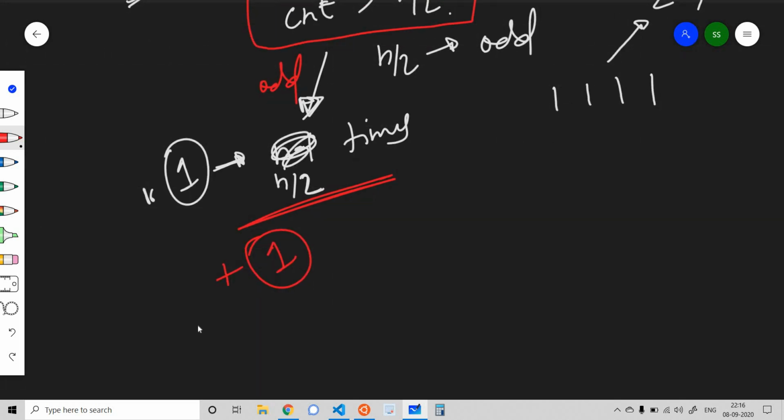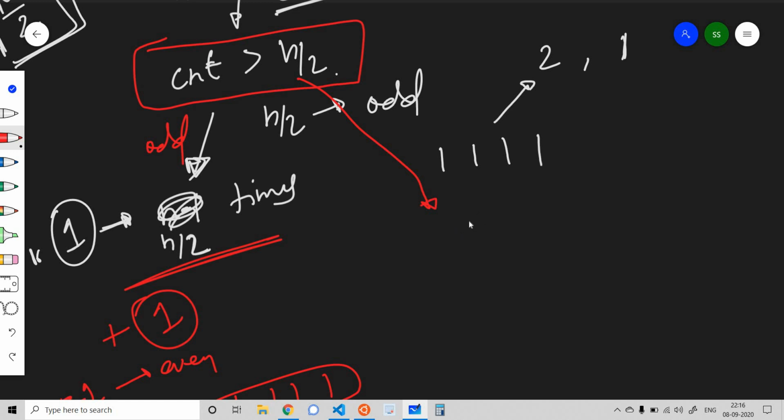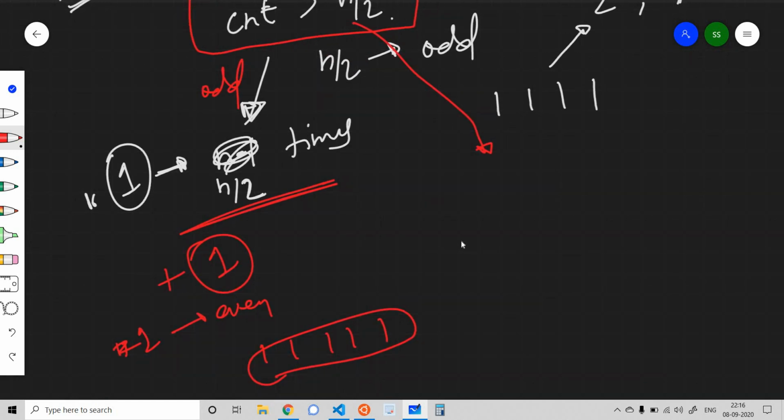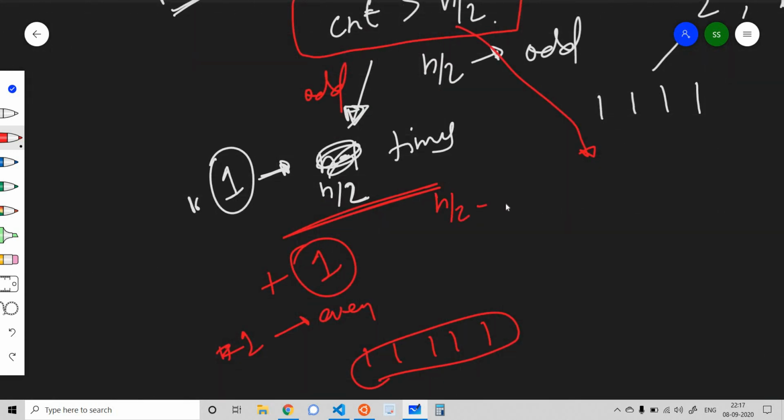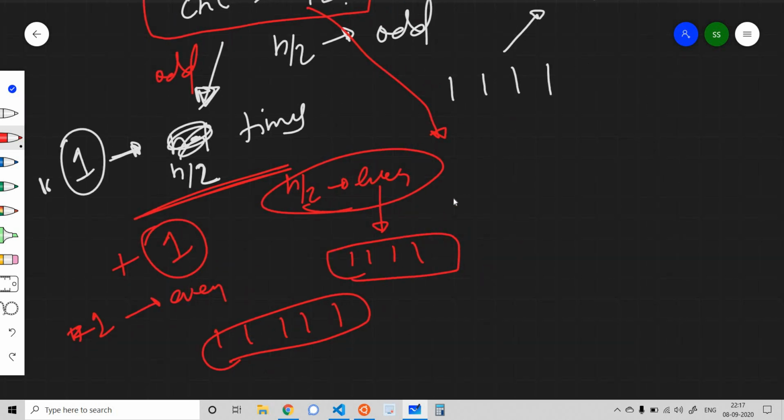This makes sure that the number of ones in our final array is even, and if the number of ones is even, it will satisfy the property they are asking for. And if n by 2 is even itself, then we can simply print n by 2 ones. Suppose n by 2 is 4, then we can simply print 4 ones and delete all the other remaining elements.